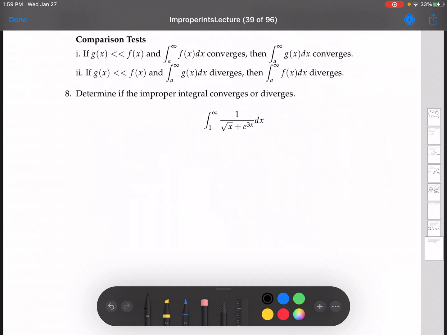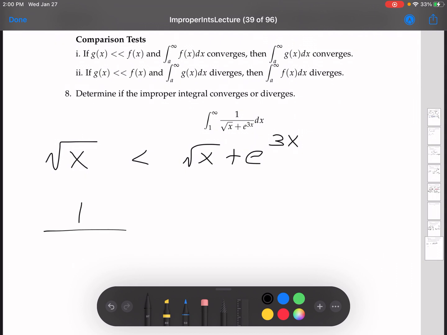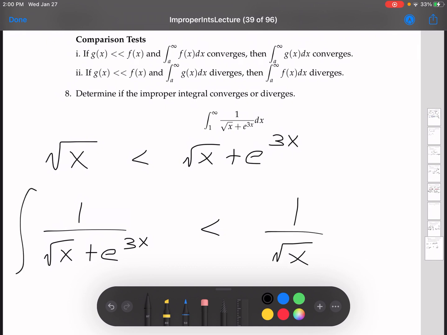Right, so we're going to use a comparison test to determine if this improper integral converges or diverges. One line of attack might be to try something like this. You might say, okay, well, let's see, square root x is less than root x plus e to the 3x. And so that means that 1 over root x plus e to the 3x is less than 1 over root x. Now taking integrals